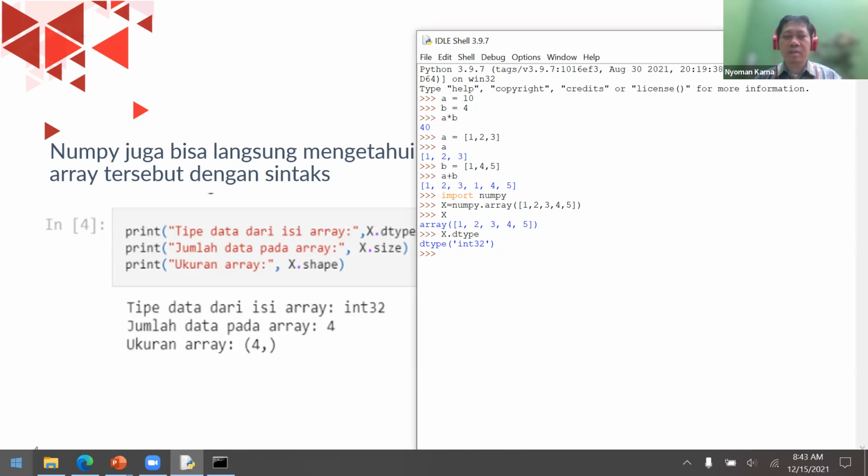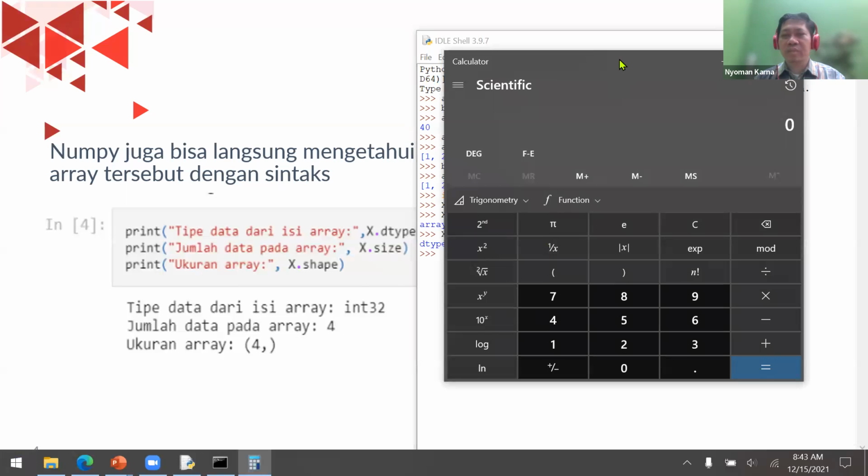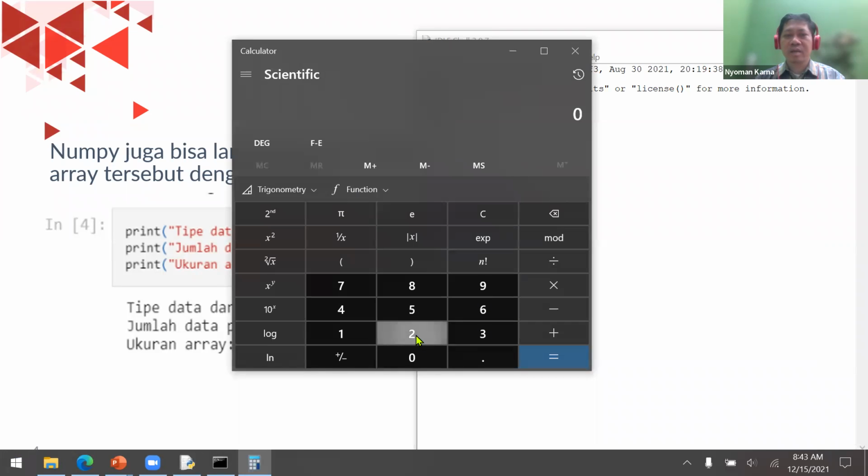Because 32-bit can store up to 4 billion. 2 to the power of 32, which is about 4 billion.